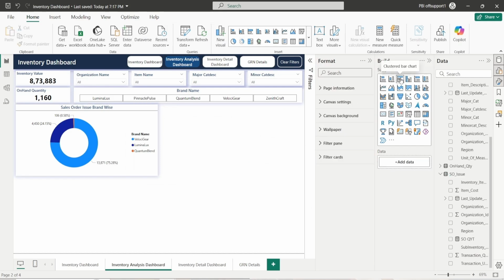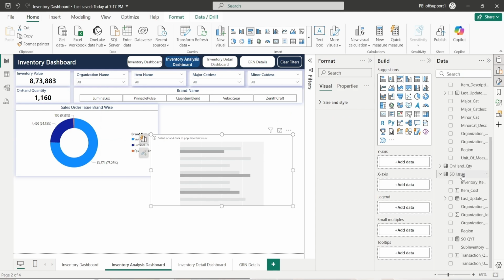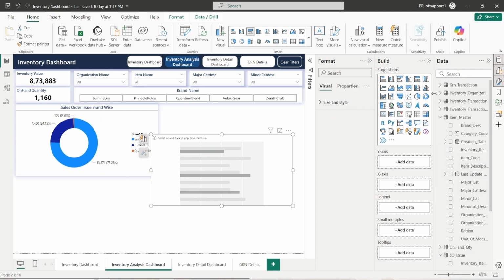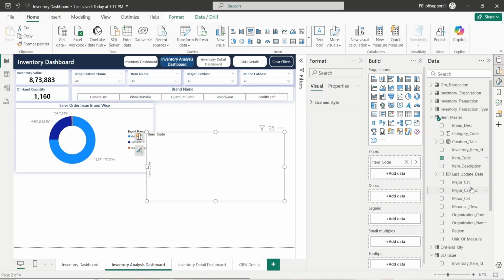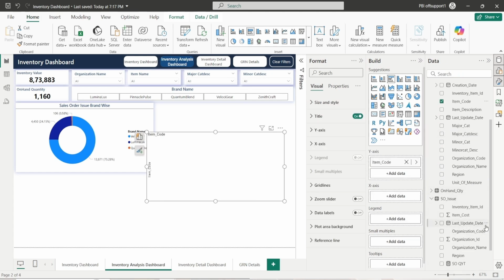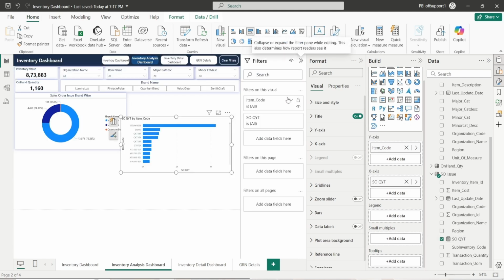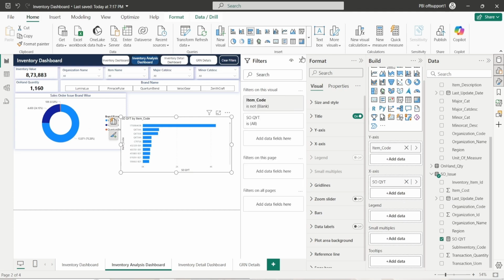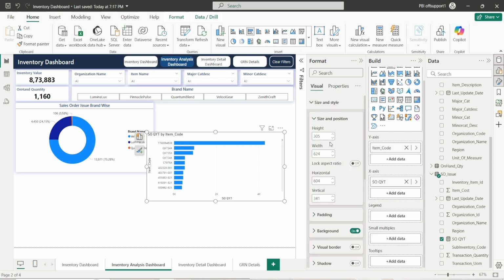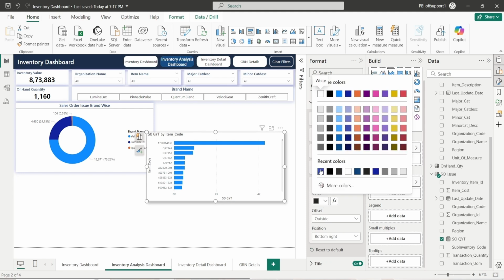After the donut chart, the second chart is sales order issue item. For that we have to click on the clustered bar chart and add the values. Add item code on y-axis, and in x-axis is quantity. So now first remove the blank and close the filter. In size and style open the shadow and give color,